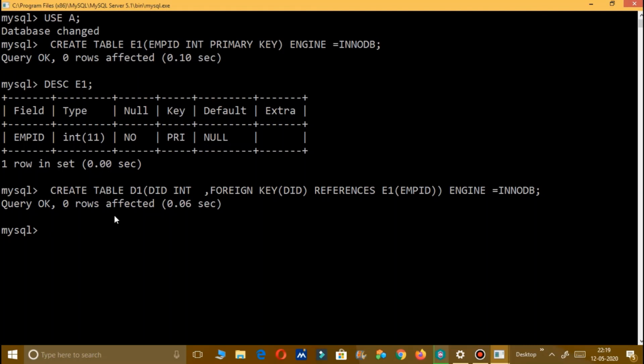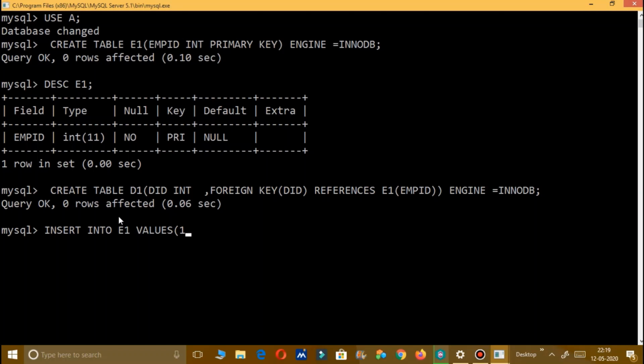Now I will try to insert values in my parent table. So for that, insert into, the name of my parent table is E1. E1 values, and I put 1.